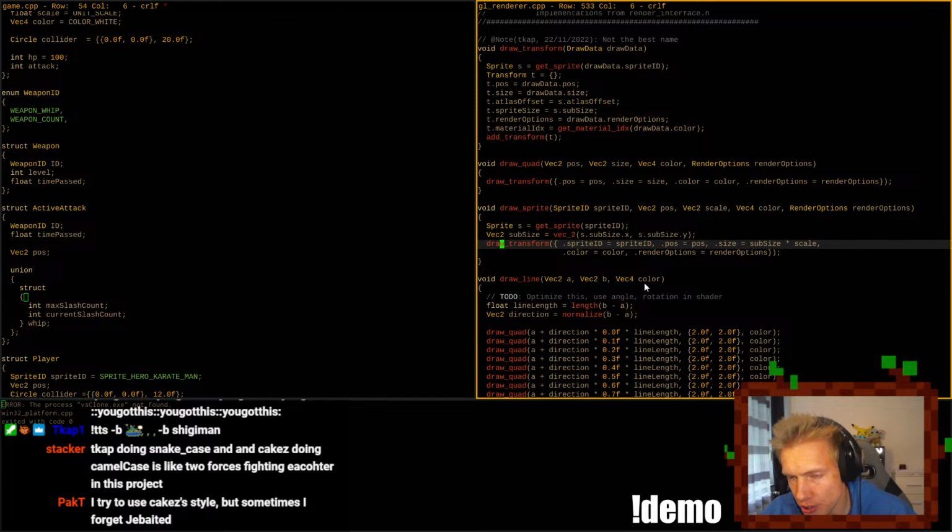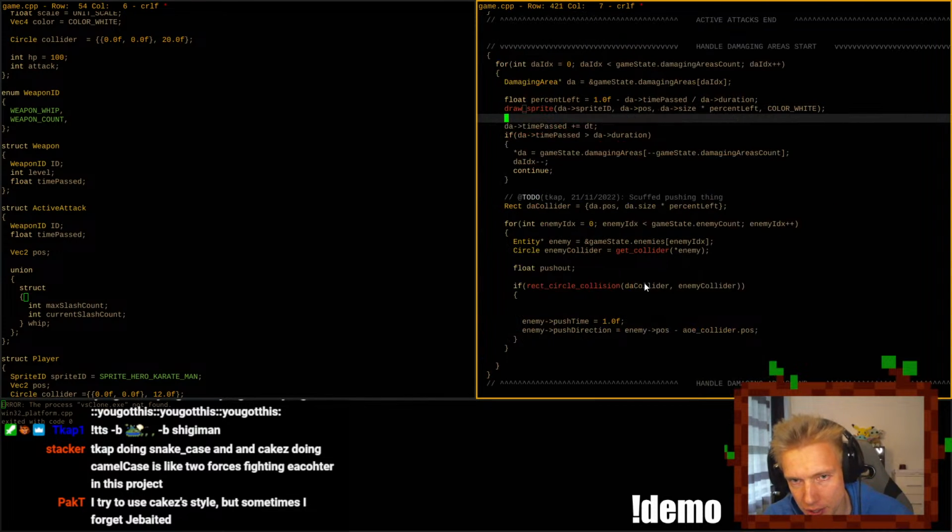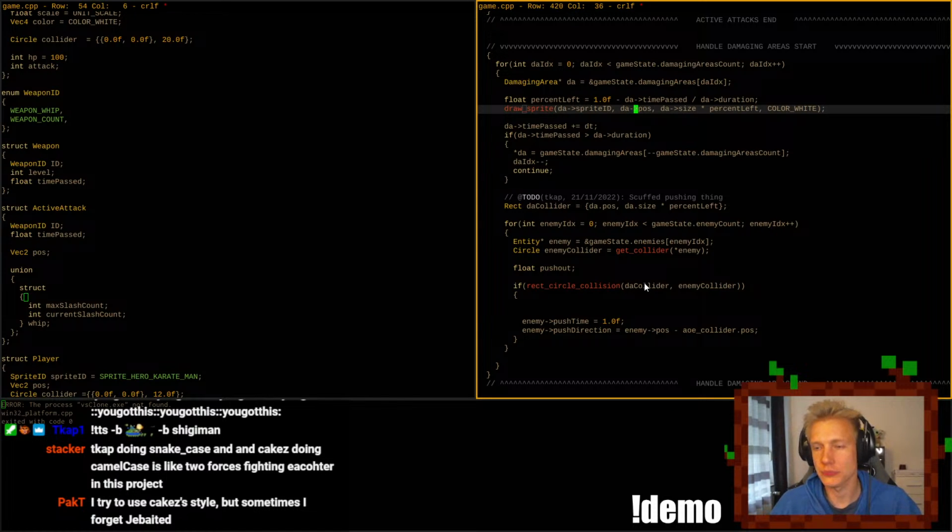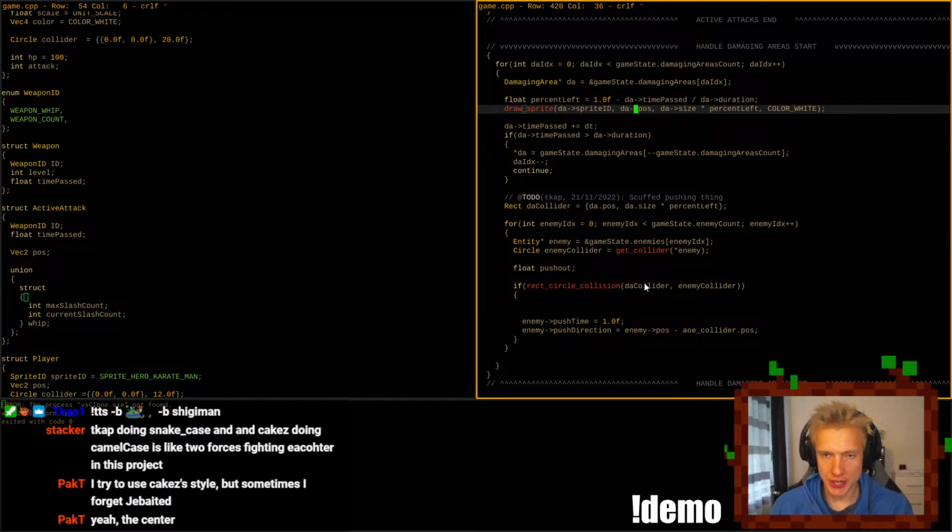What is the position? Is that the middle position? Is draw sprite, is that position the middle position? The DA position, is that the middle point? The center. Okay, so that's the center.